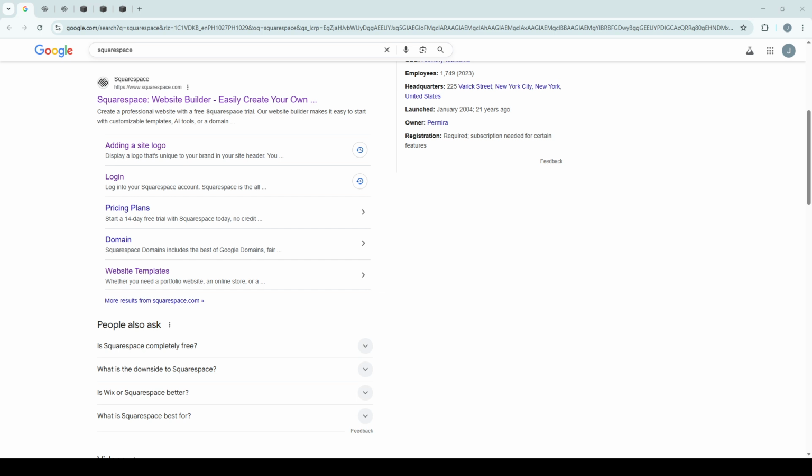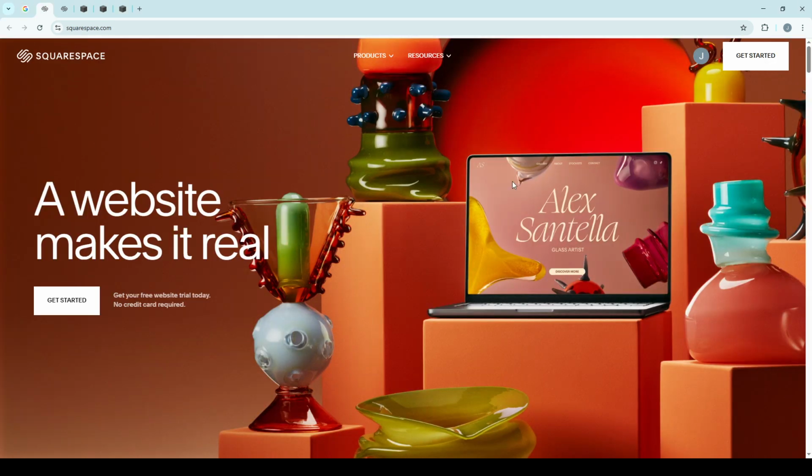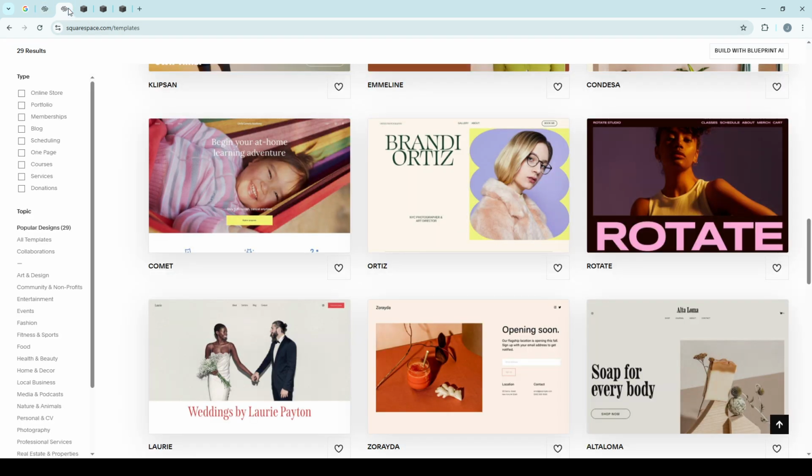First, get started by visiting the official Squarespace website. Here, you must set up an account if you don't have one already. Simply click on the Get Started button and follow the easy prompts to create your account. If you already have an account, just log in. Starting here will give you access to all the tools you need for designing a website that looks professional and